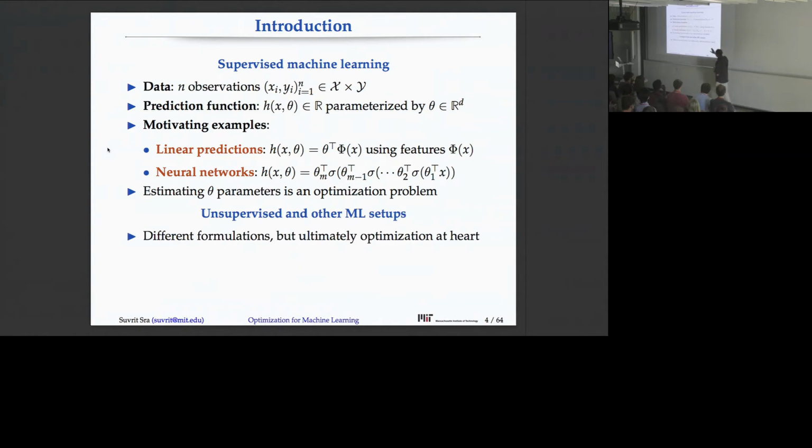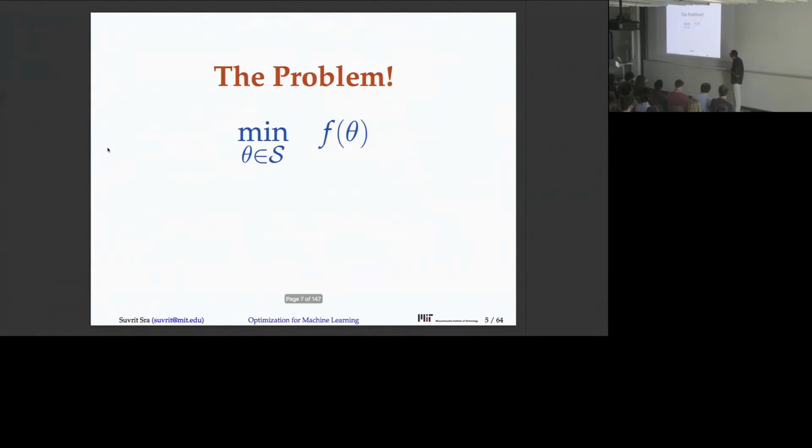And within other areas of machine learning beyond just supervised learning, unsupervised learning, or other setups, formulations are kind of different, but ultimately optimization is at the heart of what we try to do. So there's some risks that we want to minimize, some likelihood we want to maximize, etc., etc. Okay, so that was the